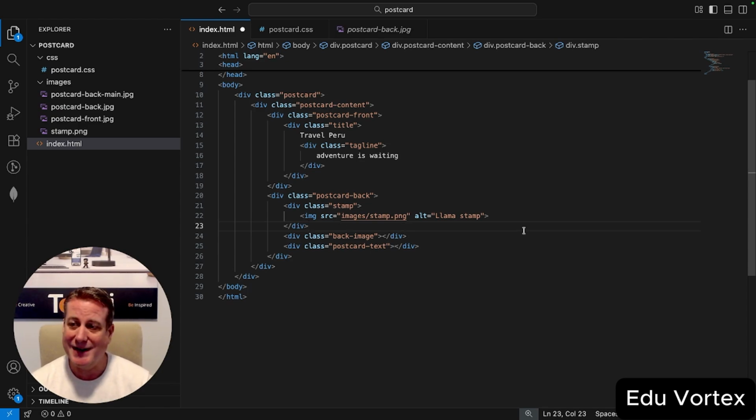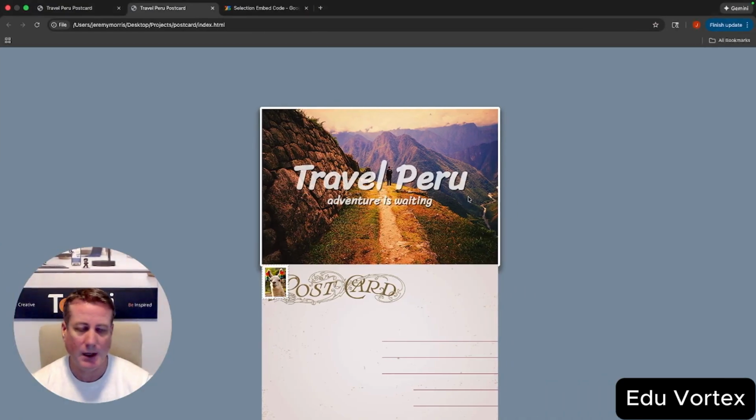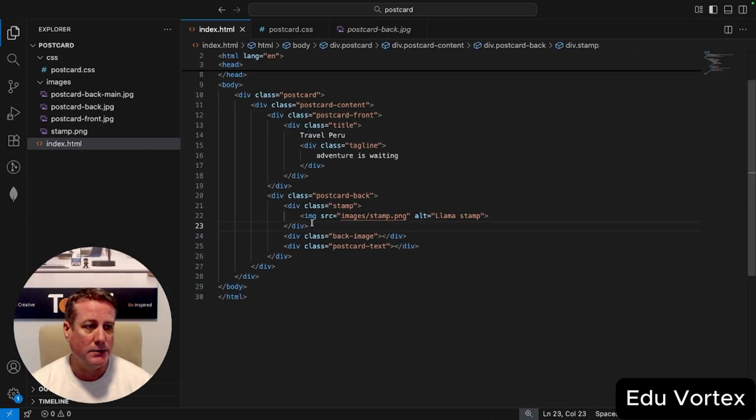creates that image. Now again, remember, where's it going to be? Upper left-hand side. So if I save that, go take a look. Upper left-hand side, not where I want it. So we need to go ahead and shift that over to the right. And to do that,